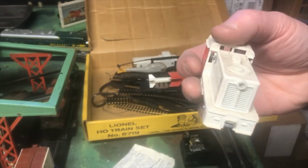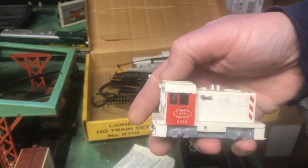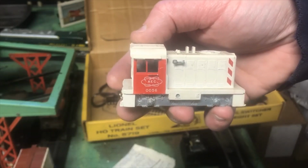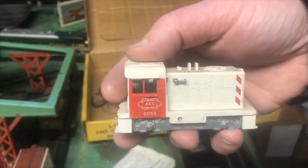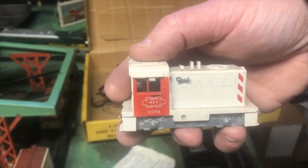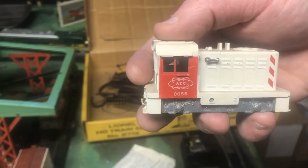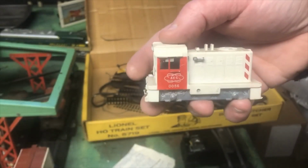Oh, I can see there's a little bugaboo. Got one step chipped, but otherwise that little guy is going to clean up. Now, those of you who know Lionel trains, specifically, the red that was used during this time period is very, very delicate. And even though these are made by Hobbyline for Lionel, I'm assuming the same case applies. You think of the 6556 Katy stock car that's red and the circus car that has the red stripes on it, and you've got to be really careful with those reds when you clean them. So